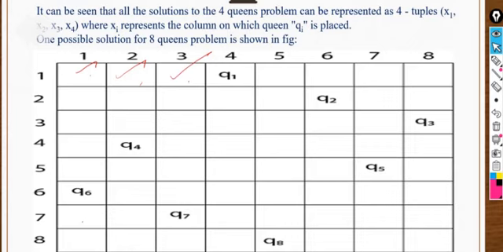Then Q1 at the third place, what are the possibilities. Lastly, if you are placing it at the fourth place, you are getting the complete solution to place all 8 queens on the 8 by 8 chessboard with the implicit constraints that we have, right? So each and everything you have to try in order to get the solution for this problem. In that manner, backtracking helps us to solve the queens problem, graph coloring problem, and Hamiltonian problem that we've already discussed. So it was all about the backtracking process.